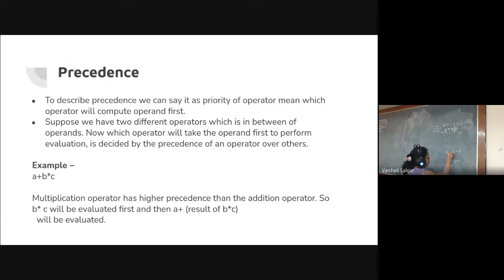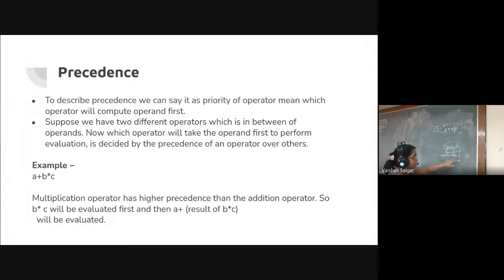Why? Because over here I have a group of the same operator, the minus operator, in my expression. When I have a group of operators, I always evaluate the expression from left to right. So 4 minus 2 is 2, and 2 minus 1 is 1. Am I going to evaluate 2 minus 1, which is 1, and then 4 minus 1? No. Then I would get the answer 3. I can evaluate, but the answer is not correct.